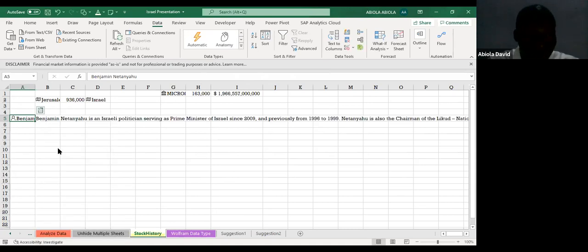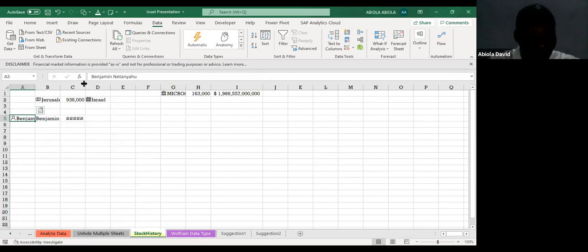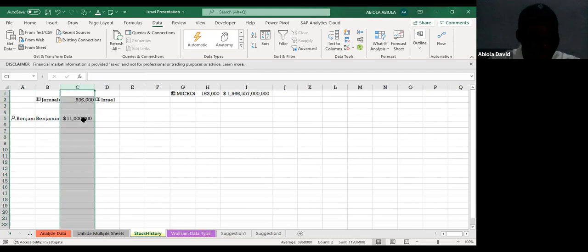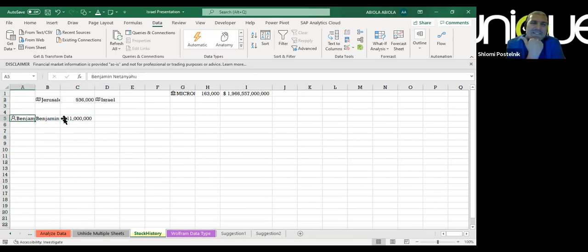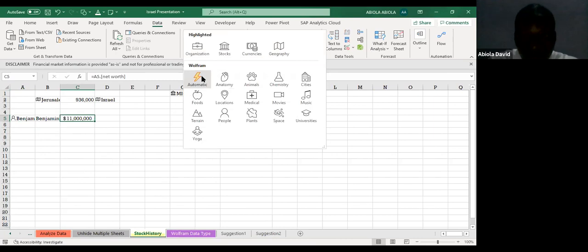So you can just pick an information, read about him. You can click on this icon. You can even check his height, his net worth. I'm not going to talk about what is going on with him, the allegations, and the rest. So this is information, and this is made possible with the power of the new Wolfram data types. Wow. You can even check information about university, about music, in fact, about